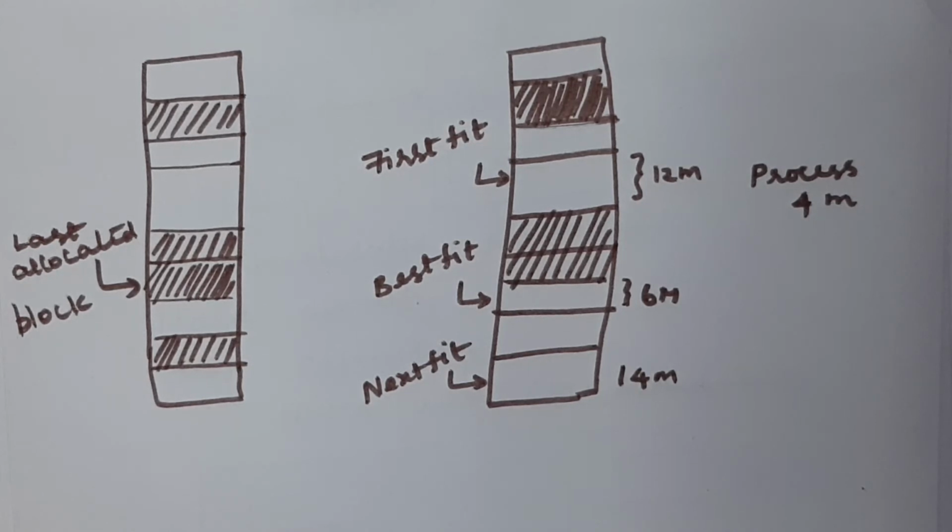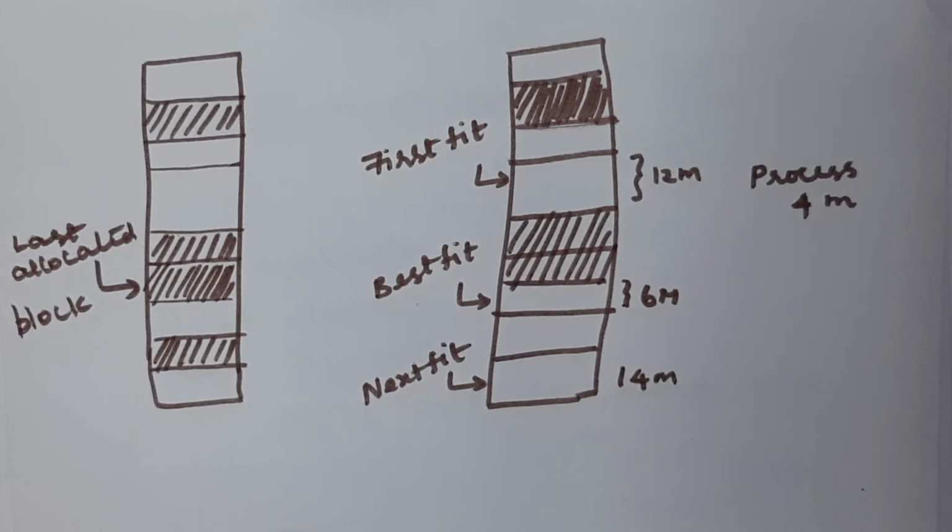And if you go and check best fit, it will search for the partition which has enough space to hold the incoming process. Which means if the process size is 4 MB, it will search for whichever partition is very tightly close to the size of the process. If the partition has 6 or 5 or even 4 itself, then it will use that partition to store this process.